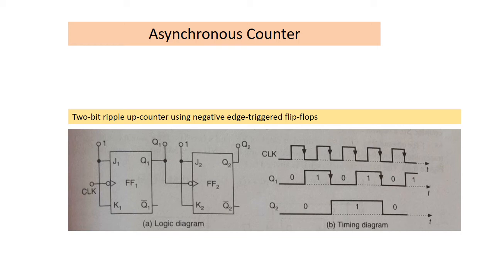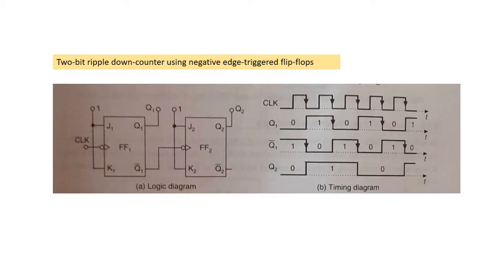For subsequent clock pulses, the counter goes through the same sequence of states. So, it acts as a mode 4 counter with Q1 as the least significant bit and Q2 as the most significant bit. The counting sequence thus becomes 00, 01, 10, 11, again 00, 01, 10, 11, etc.